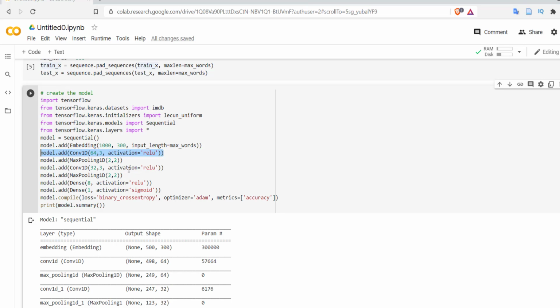After that, we are using max pooling 1D layer. It is just considering 2 by 2 subparts of the feature map, and it is just identifying the maximum value out of it. So important features are transferred from first layer to the next layer. Next we have again used Conv1D layer with size 3, and this time we have used 32 filters. After that again we have used max pooling 1D layer with size 2 by 2,